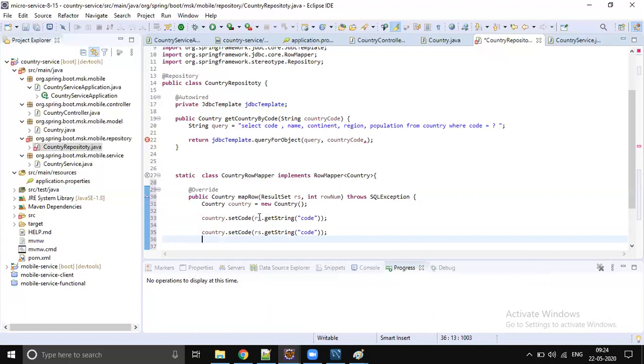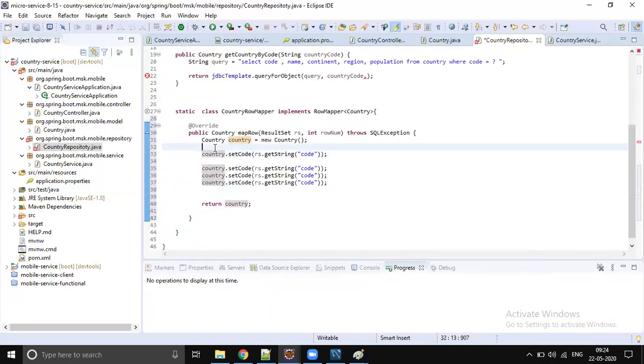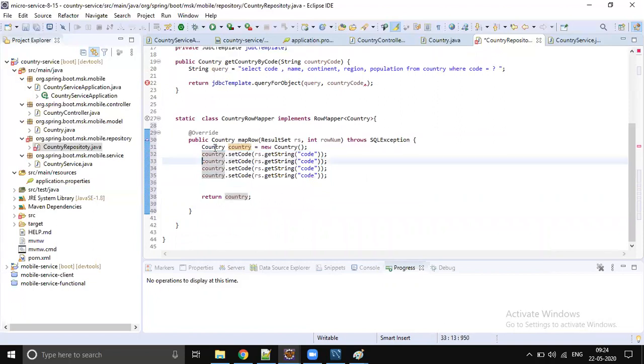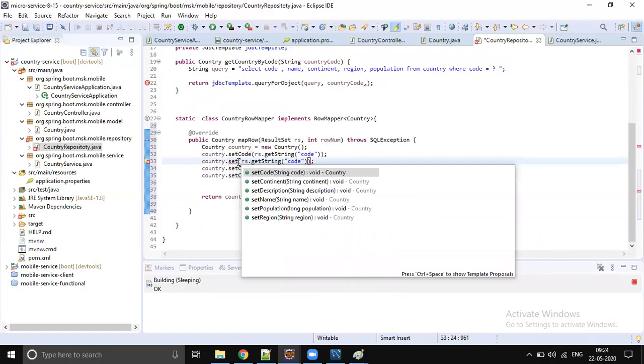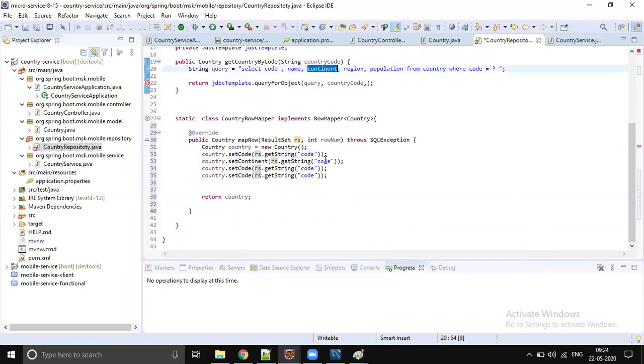One more feature I would like to show actually, but let's complete this first. I don't like to use this setter, getter. I want to use some builder API, Project Lombok builder API. Anyway, we will do that. Set continent, it's going to be rs dot getString and continent.